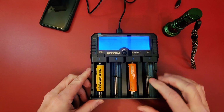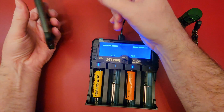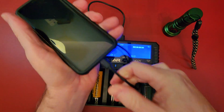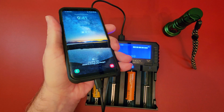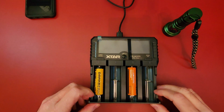it'll shut off the display after it sits a little while to save battery, so you just have to press that again. But do that, it'll show USB at the top here, and just plug that in, light up, it shows it's charging there. It's a 2.4 amp max with it, so it's not going to be super fast charging, but it will